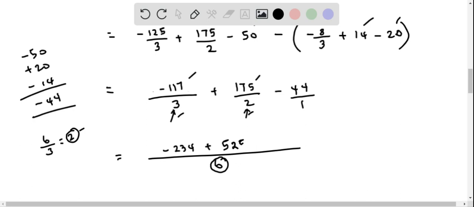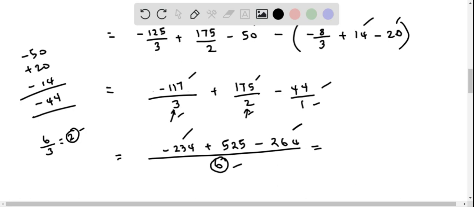I put 525 minus, we have the denominator 1 and the common denominator is 6, so this must be multiplied with 6, and negative 44 times 6 equals negative 264. And so this gives negative 234 minus 264